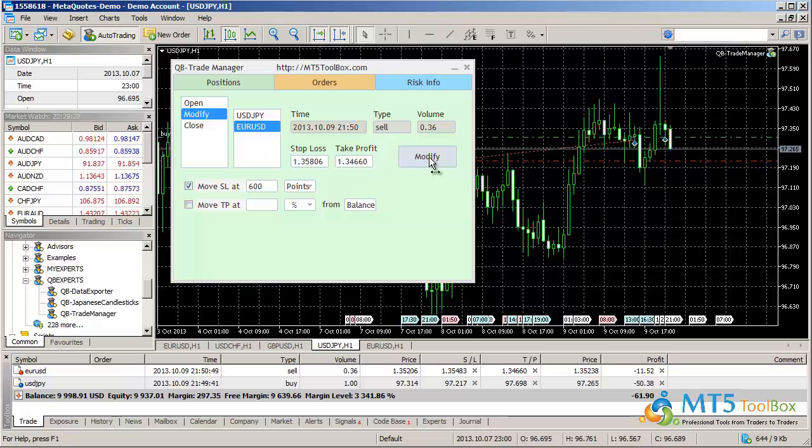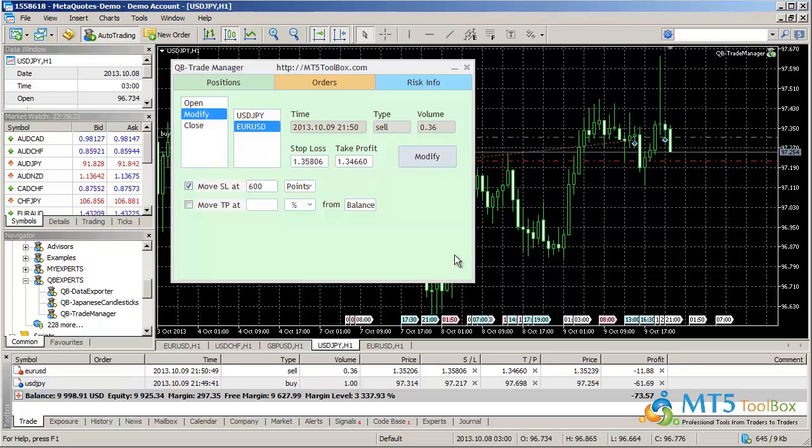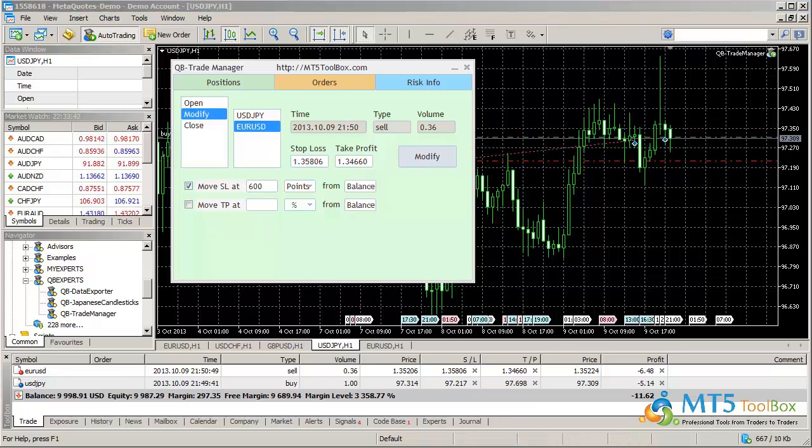We'll just move it, modify, and it says done. Okay, similarly you can do it, of course, with the take profit. And now let's take a look at the close interface. We'll go to the close interface,